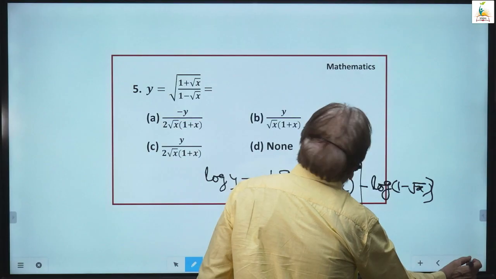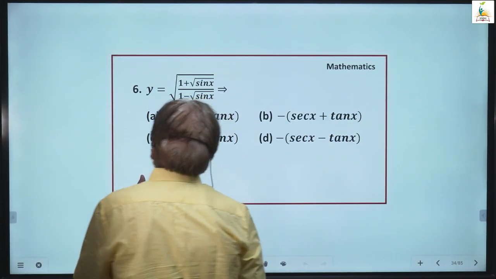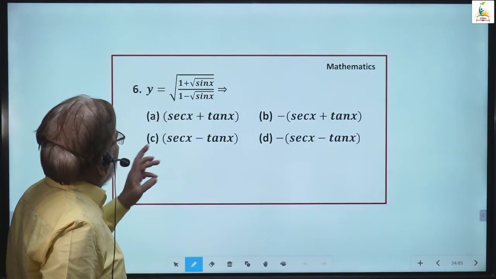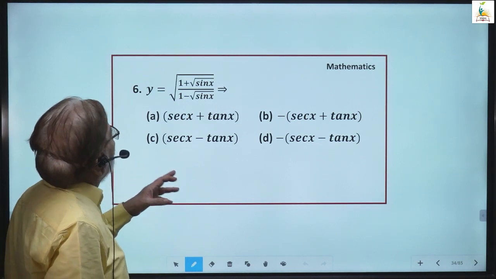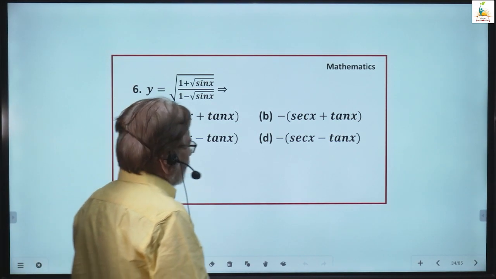Next is, in the same manner, y equal to under root of (1 plus root sin x) upon (1 minus root sin x). Same thing we can do. So, this will be the answer. Next is